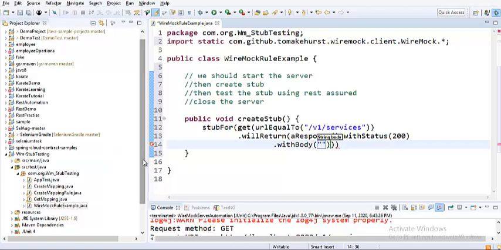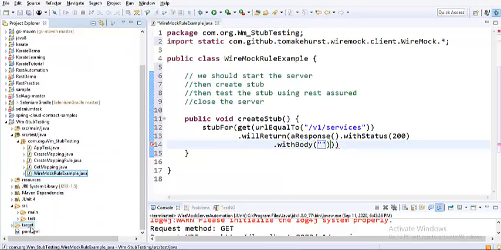I have a small JSON message created. I would just copy the content from there.